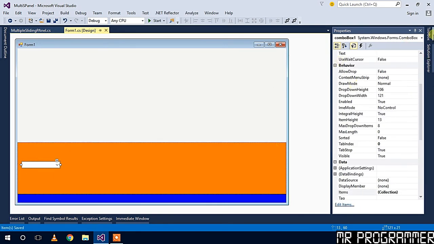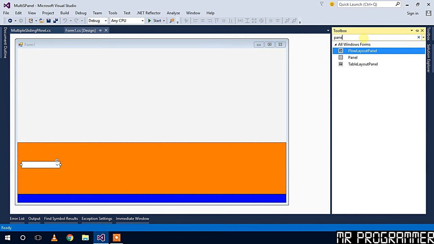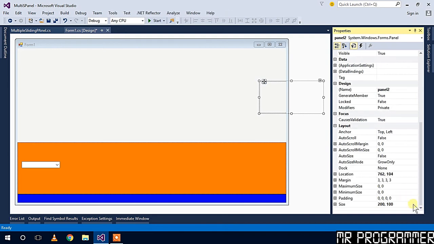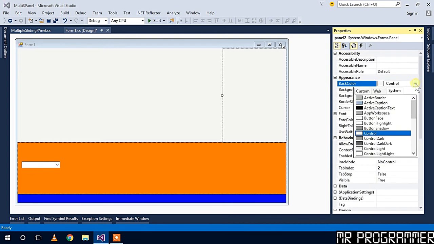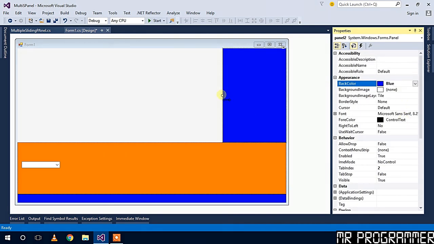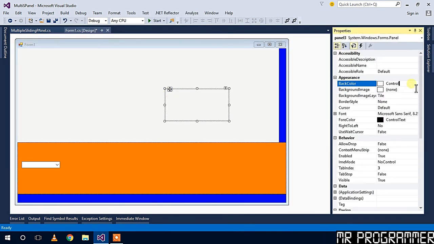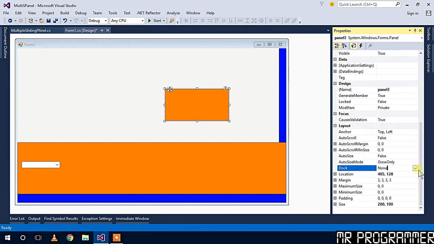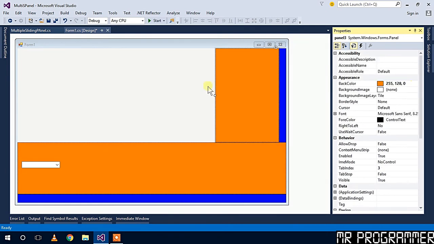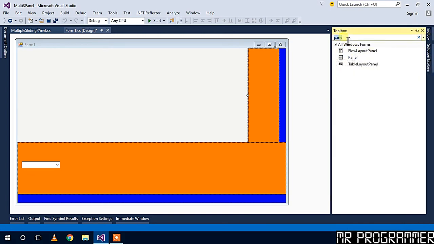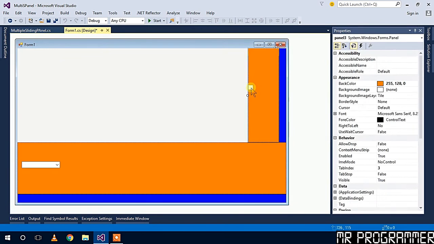And similarly, we are going to create a vertical panel, so add a panel for the button, and change the dock to right, and the background color to blue again, and let's add one more panel, change the background color to orange or whatever you desire, change the dock to right, and add whatever you want. Let's add the checkbox,